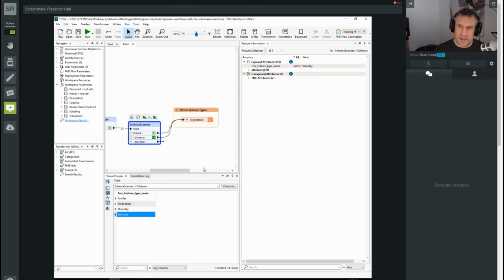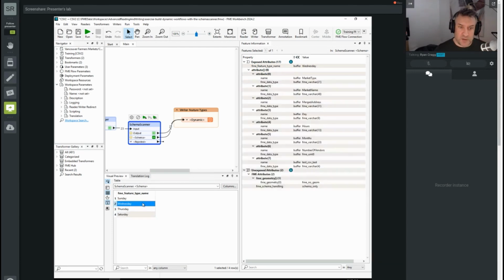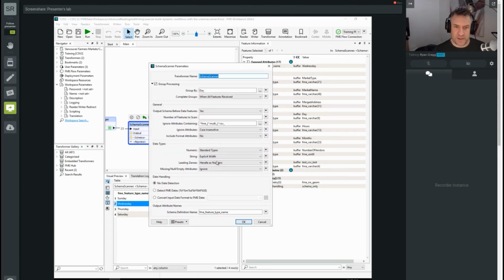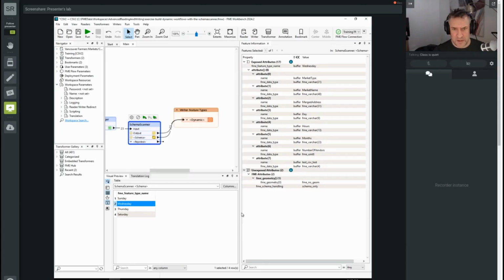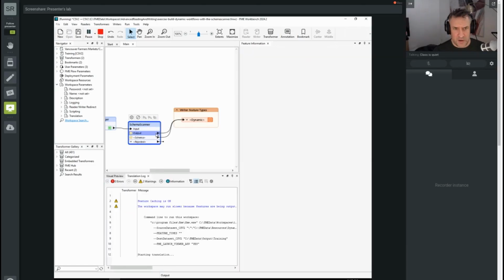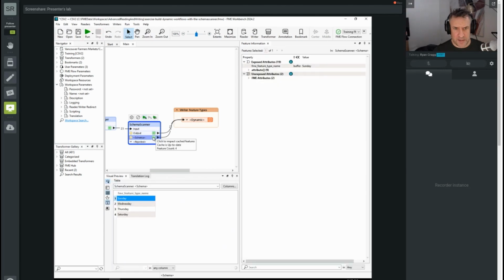Now, right now, by default, it doesn't have that offerings attribute. It's an unused attribute. But what if you actually do want that on there? You want people to know that there's no offerings. So there are times where you don't want to filter that out. So missing null empty attributes, interpret upstream schema. I believe that will take care of it. So it'll take a look at all the other schema and use that. So now if I go to Wednesday, if I got that right,